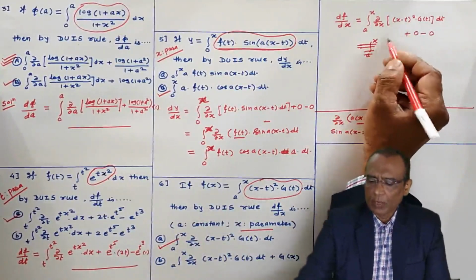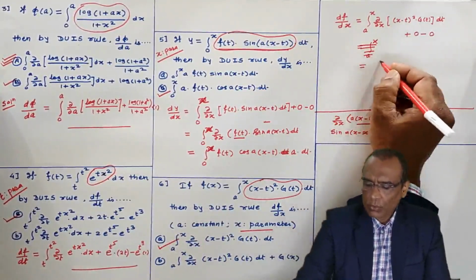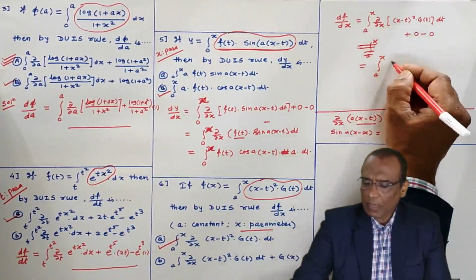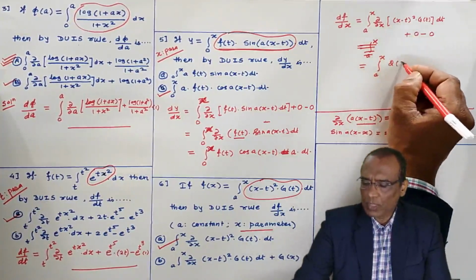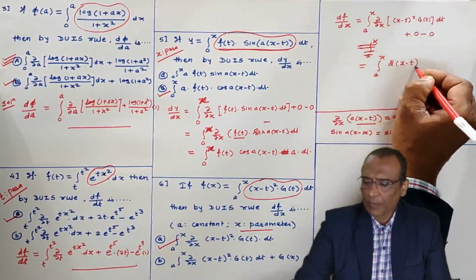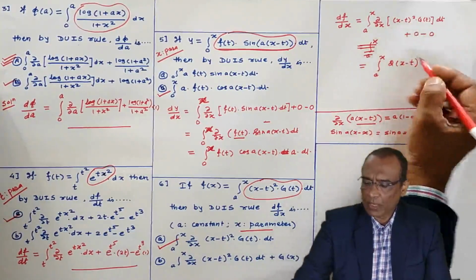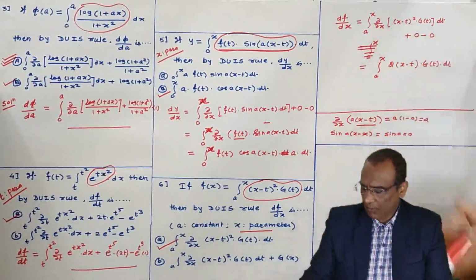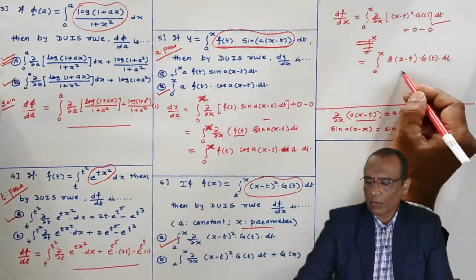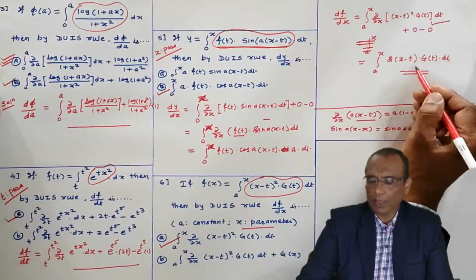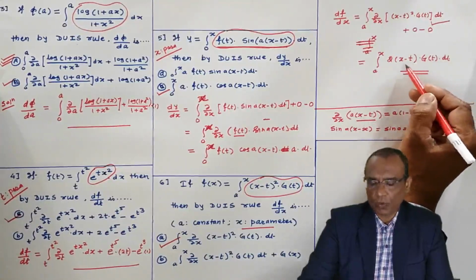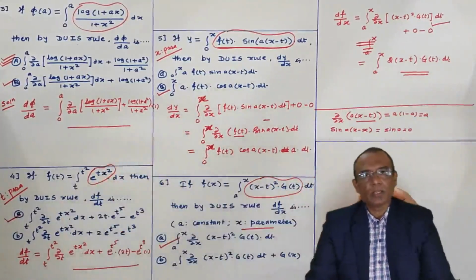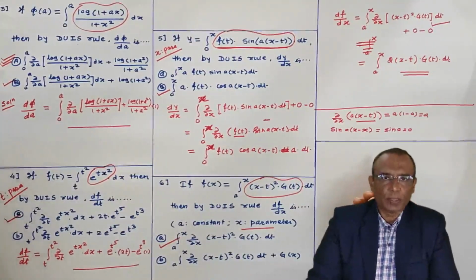Not necessary. But if you want to solve it further, then take the derivative of (x minus t) whole square with respect to x. The derivative of x minus t with respect to x is 1, into g. Okay, so I have simplified one more step. Why did I solve this one more step? Because it may happen that this may be given as the correct option. So this is about differentiation under integral sign rule 2. We stop here. Thank you very much.